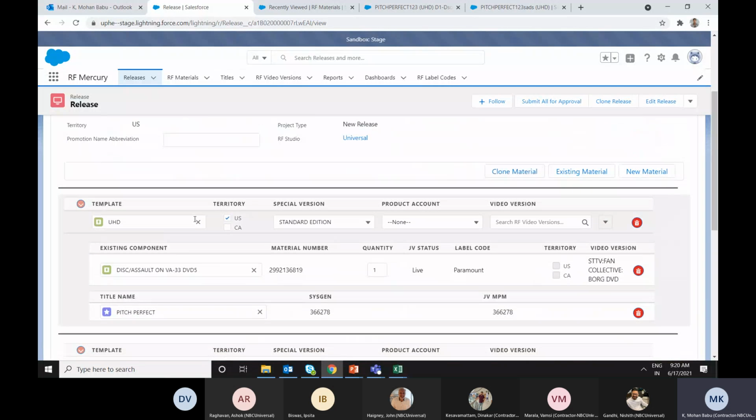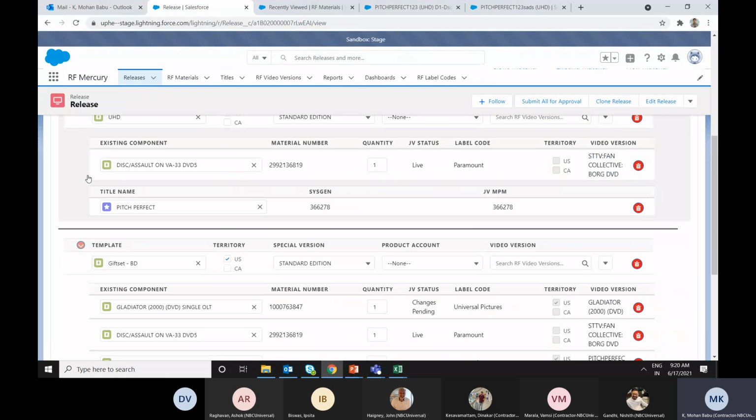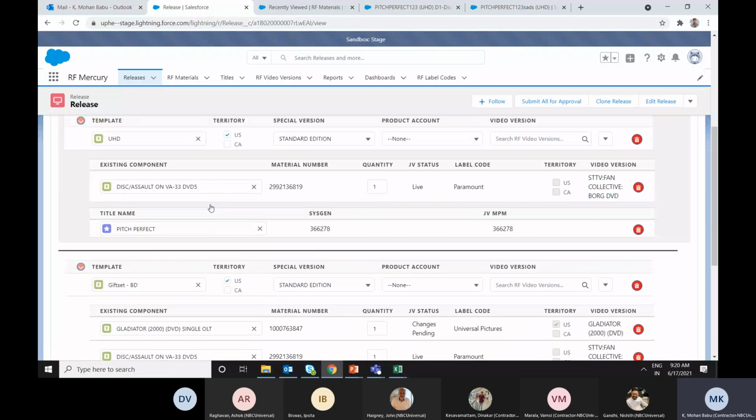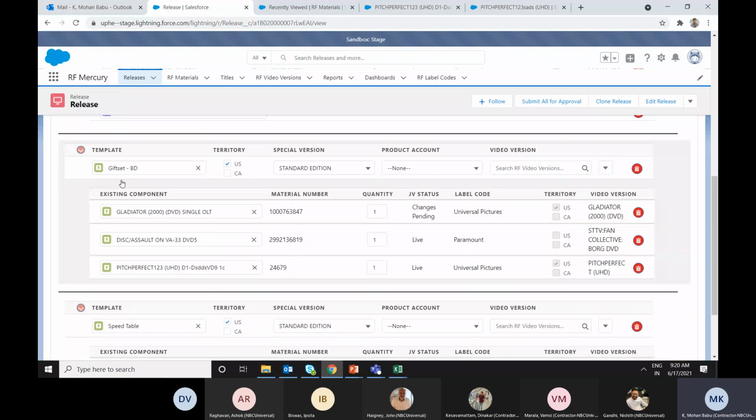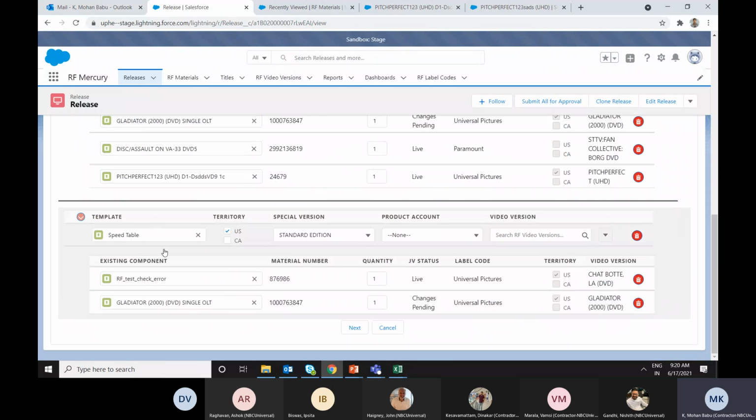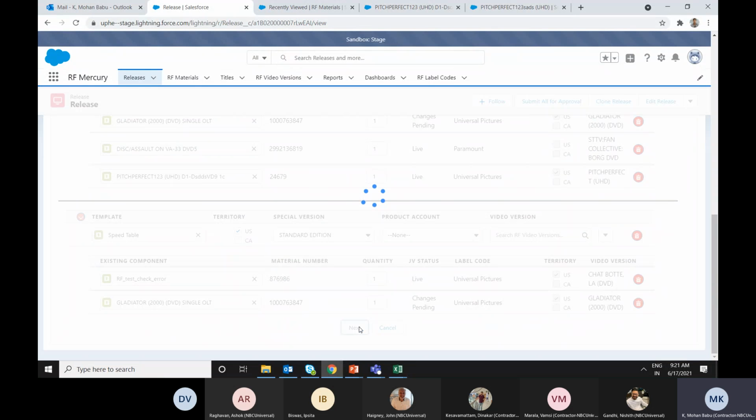The important thing here is that for the gift set materials, we need to create a video version. And we have already seen how the video version is created for the single request, because we have the title here. We'll create the video version with this title and use that. For the gift set, we need to create a video version, but we don't have the title. Similarly, for the multi-pack, we should have the video version, but we don't have any title section.